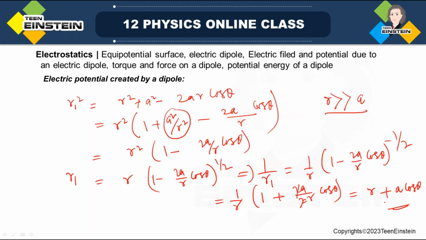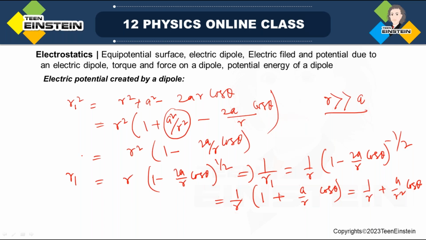So what we get, I'll write, a by r cos theta. That means you get 1 by r plus a by r square cos of theta. Okay. Similarly,